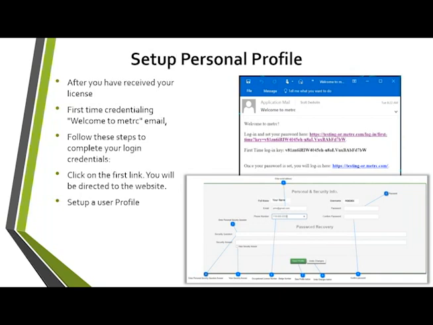Once you do take that training, you will reach out to Metrc support and give them your information as far as your license number, your name, and a few other areas, and make sure you put in the subject line that you are reaching out for credentials. Once we confirm that that person is, number one, an owner or key admin, and also that they've taken the training, we'll send them what we call our welcome Metrc email. That email will include a link, good for 24 hours, to set up your personal profile. If it does expire, you just have to reach out to support and they'll send you a new link. So not too much of a hassle there if you do miss it.